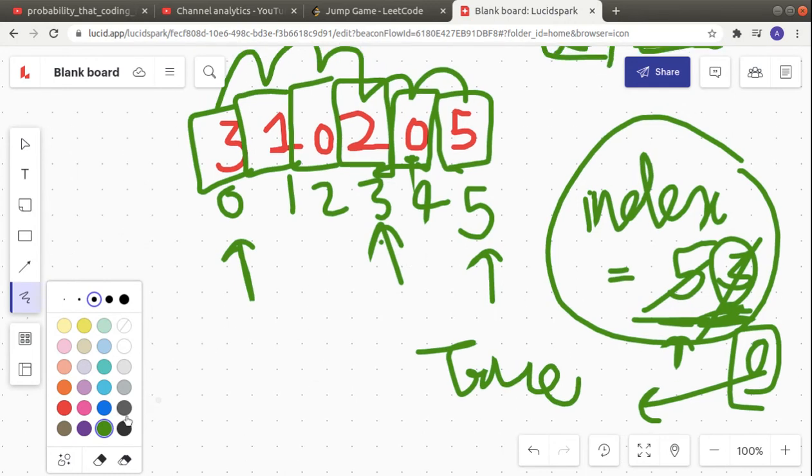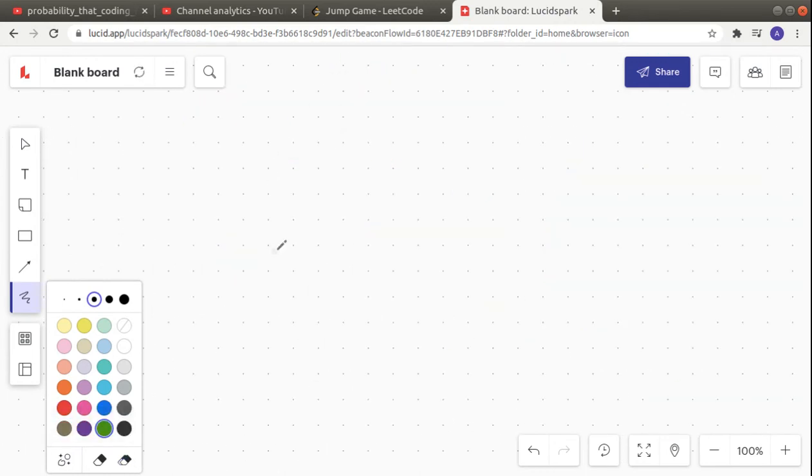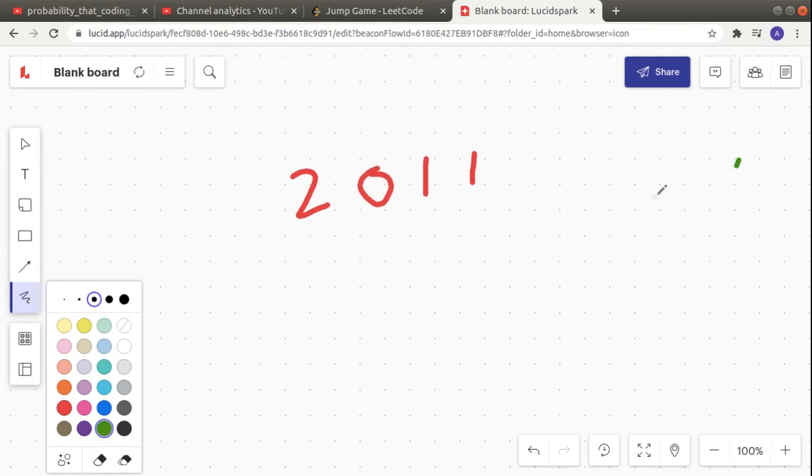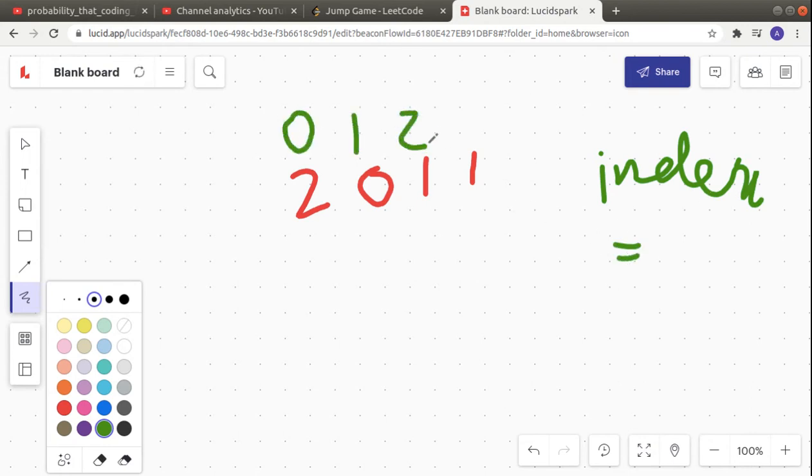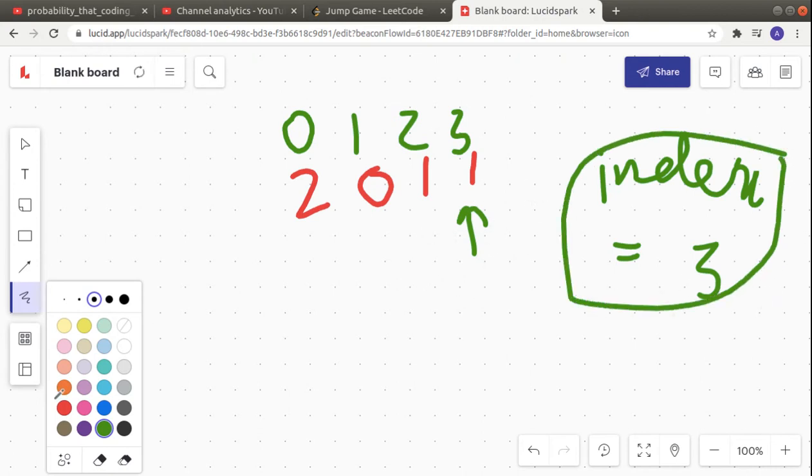So basically what we have to do is, let's just quickly take another small example to understand. So suppose you have 2, you have say 0, 1, and you have say another 1. Okay, so what we will do is, we will declare one variable that we are calling index, and we will first initialize its position to the last end of the array. So the array is having a size of 3, so index is 3. Now we will move backwards. So we know from last index anyway we need not do any jumps, we are anyway sitting on last index. So we will move to the left index.